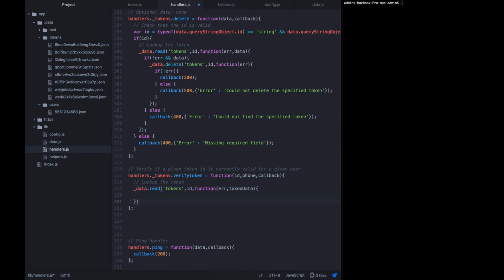It's going to give us back an error and token data. We want to continue if there is no error and there is token data. Otherwise, we can call back false. If we're continuing, we want to check that the token is for the given user